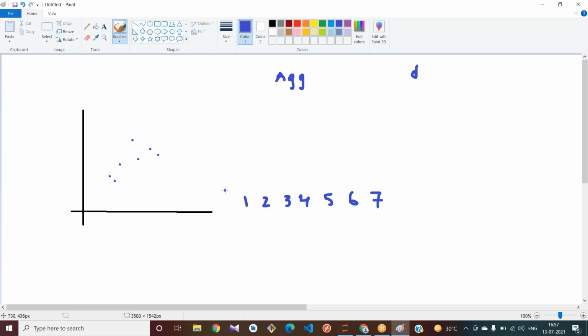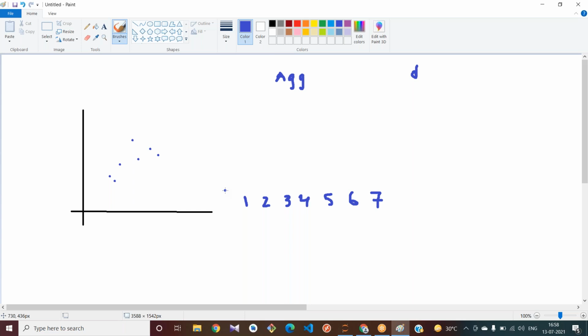What it tries to do is based on some distance measures. Nothing but how do we find distance? Either using the Euclidean distance formula or the Manhattan distance formula. There are several distance measures, but we know Euclidean distance better, right? Assume that you are using only Euclidean distance or Manhattan distance.